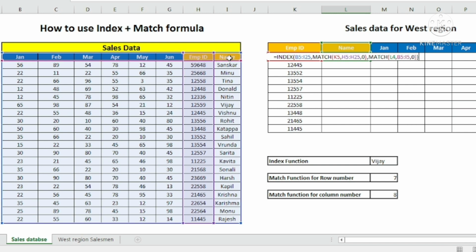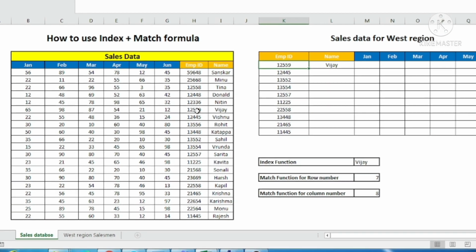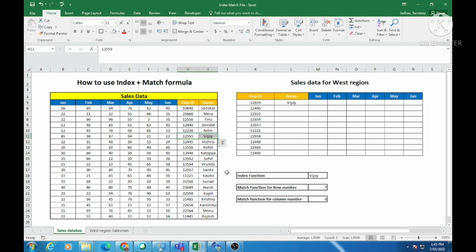We'll find out at what position the name is appearing, which is the 8th position in this particular row, and then I completed the match function. So I've given the column number and row number to index with the help of the match function, and then I completed the index function. Can you see here I got the corresponding value for this employee ID as Vijay. You can see here this falls on the 8th position in this particular table.